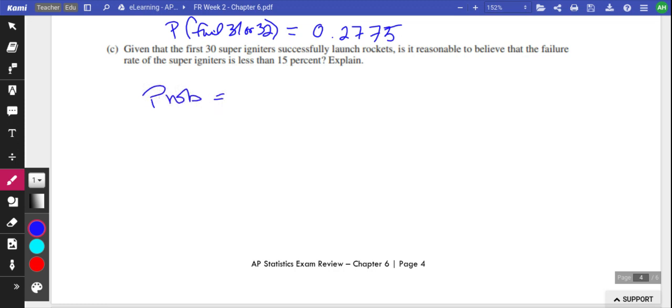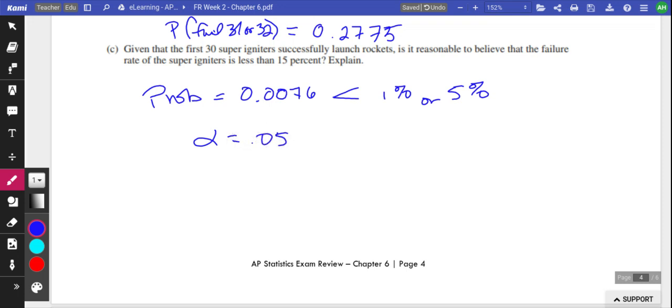is equal to 0.0076. That is less than, you can either say 1% or 5%. And those are our significance levels, those are alpha values. So you would just say, since alpha is, pick a number, doesn't matter,